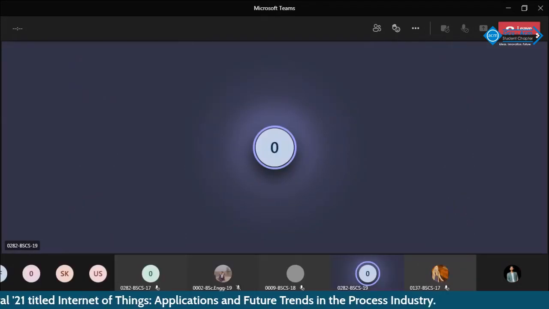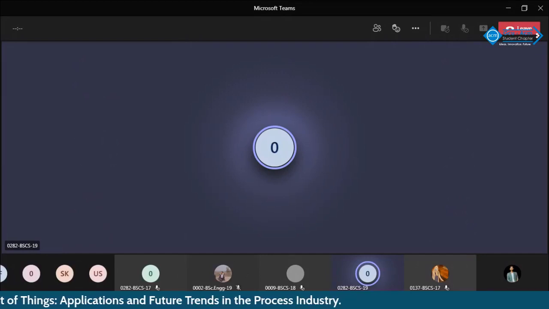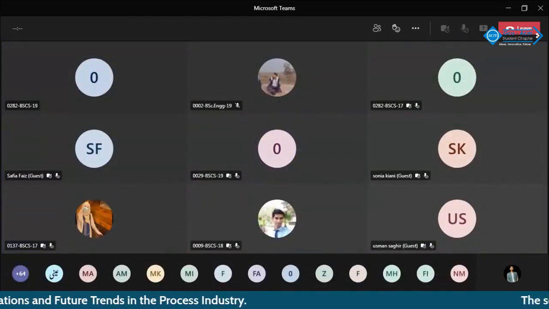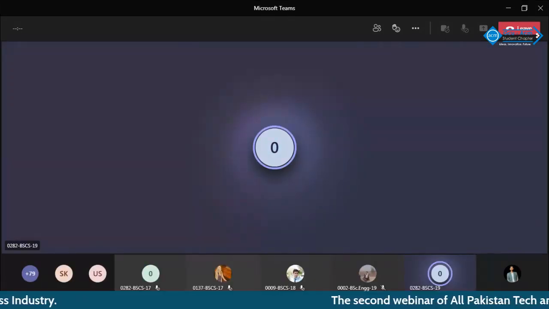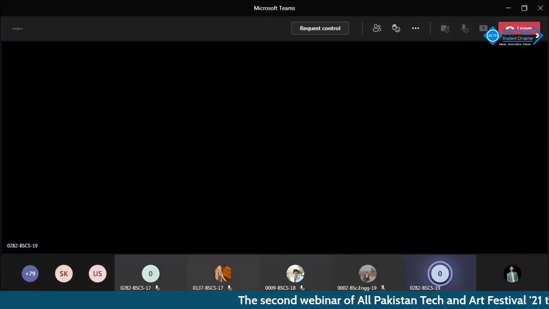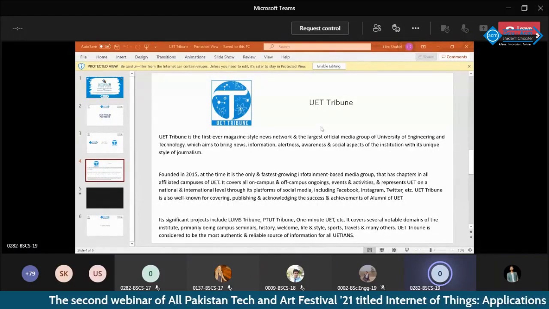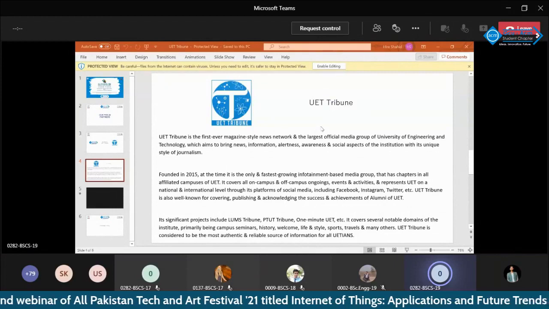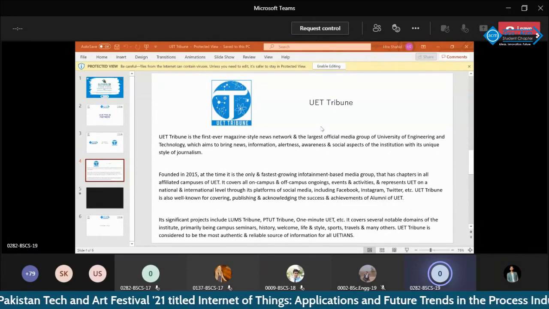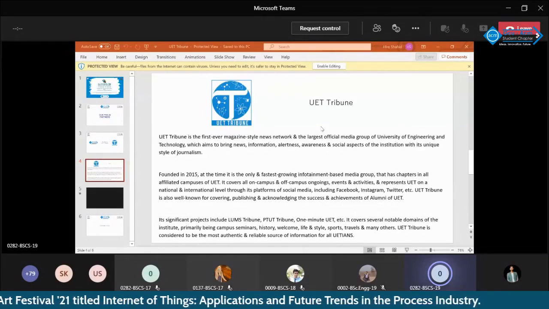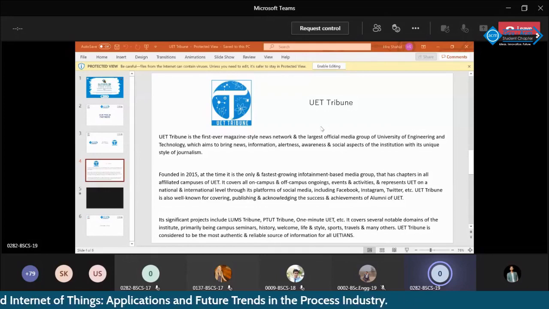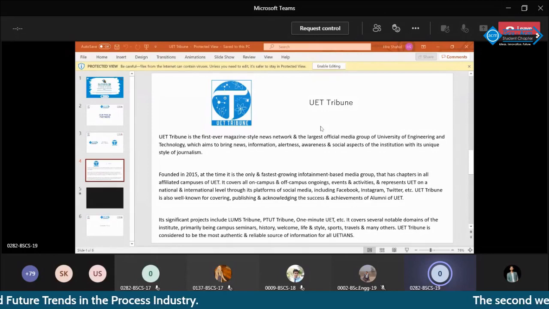Our next collaborator is UET Tribune. UET Tribune is the first ever magazine-style news web network and the largest official media group of the University of Engineering and Technology, which aims to bring news, information, alertness, awareness, and social aspects of the institution with its unique style of journalism. Founded in 2015, it is the fastest growing